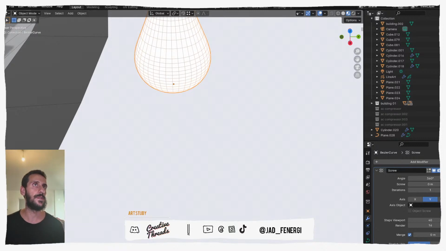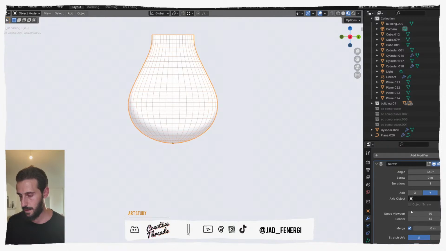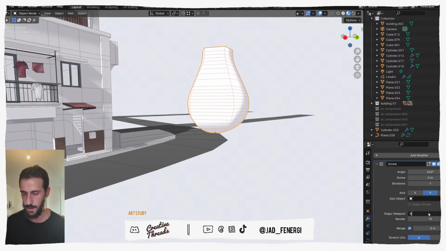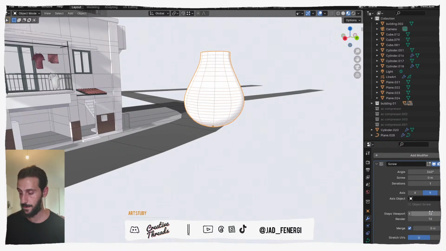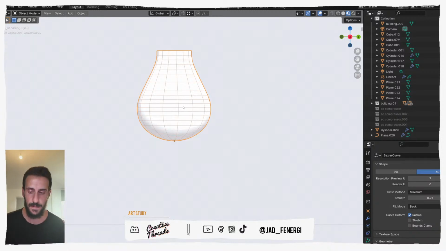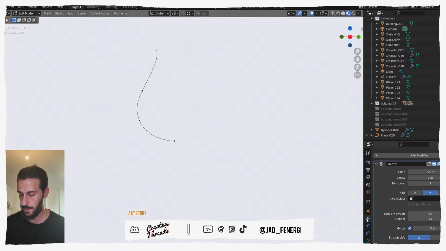Let me push the reference image down just so I can keep on seeing the stream happening. I want to reduce the resolution a bit, not by 5, it's about maybe 8 or maybe 12. That's just the lamp, so we don't need this much, maybe 15 is fine. And when also we go to the curve, we don't need a lot of resolution for this one. So if you go back to the shape,